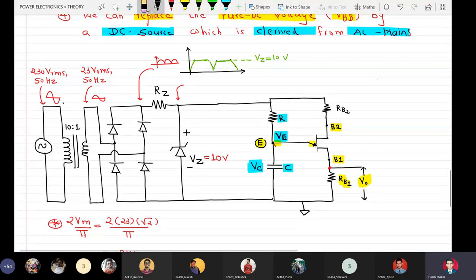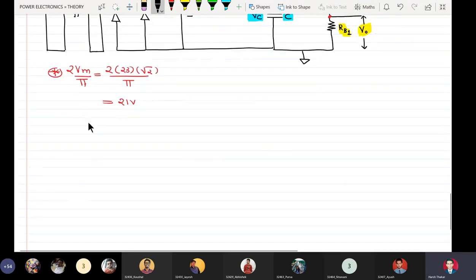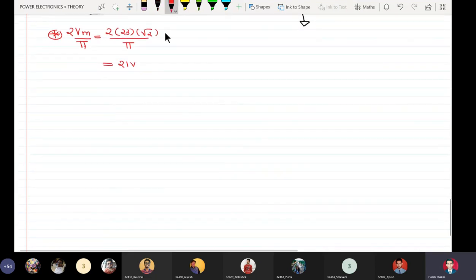Now this clipped waveform will act as VBB. So this now acts as the VBB supply. Now my UJT circuit is driven by a DC source, not a pure DC voltage, which is derived from a 230 volt mains. So now we can conclude it like this,